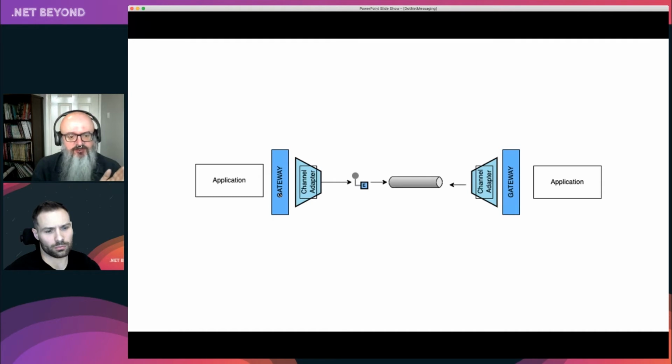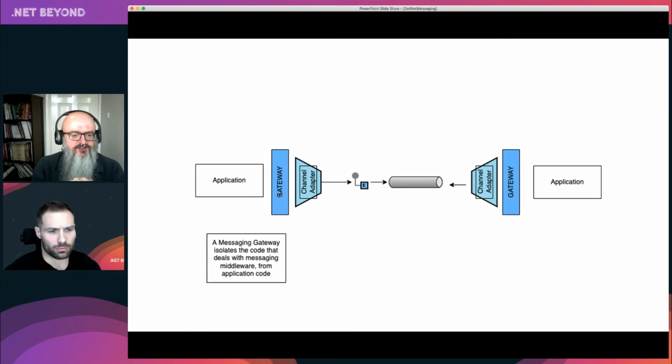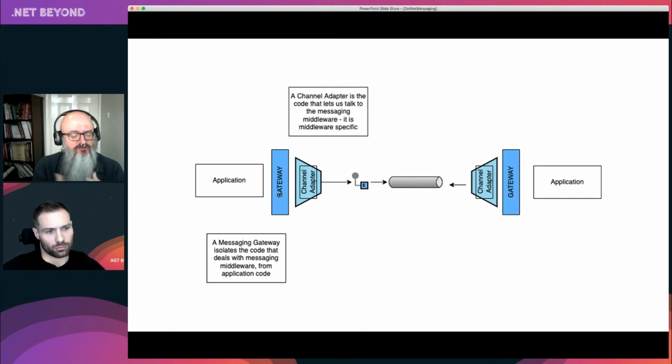So starting at the left, I've got an application. And the first thing to think about is the gateway. What's a gateway? Well, I probably want to separate my domain code from my messaging code. So the gateway abstracts behind some kind of interface something that says, I want to send a message, and here is the thing that I want to send. Please, can you send it for me? Our messaging gateway code itself, which separates our lovely domain and application code cleanly from the code to send messages, will tend to use a local SDK for whatever messaging middleware we have.